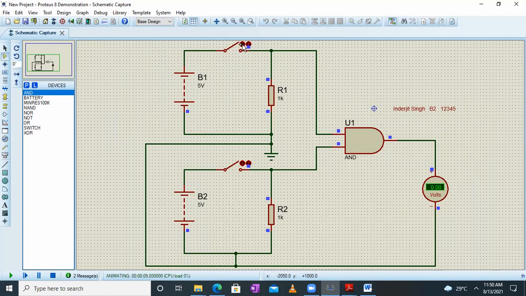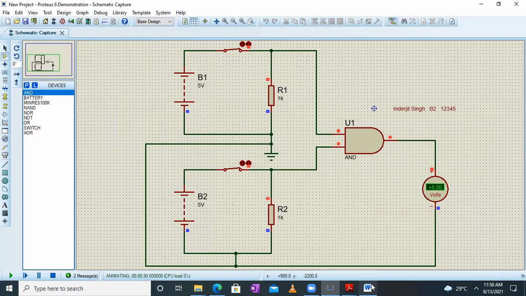Okay. Now let me change input A to, let's say, logic 1. So one input of the AND gate is logic 1. Logic 1 is indicated by the red color square box, and logic 0 is indicated by this blue color. And now let me open this switch and let me close this switch. So right now the input to the AND gate is 0 and 1. Again, the output will be 0 only. And now let me close both the switches. So whenever I close both the switches, as per the table, whenever both the inputs are logic 1, the output will be logic 1. Okay.